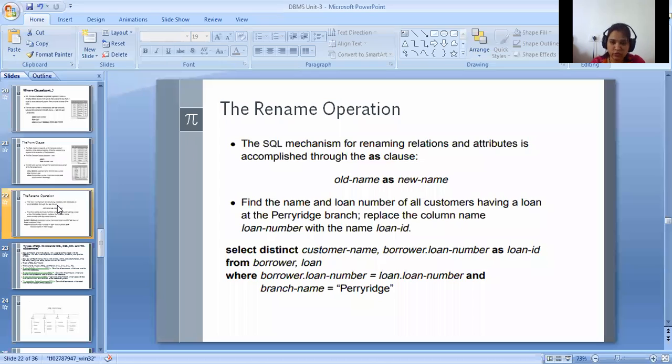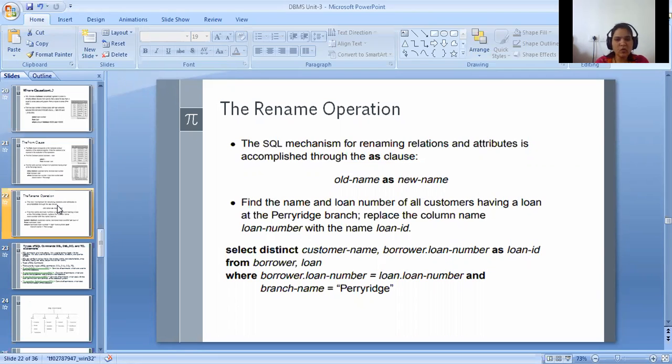And we want to change the name of loan number as a loan ID. So just apply the as clause. Loan number is the left hand side, that is the old name, and loan ID is the newest name, that's why it's the right hand side.